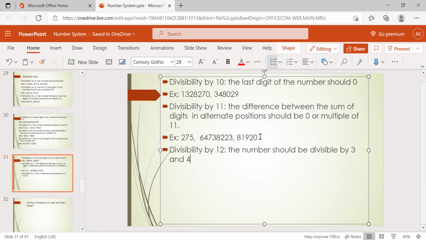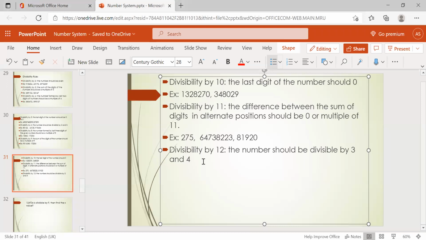Just like 6: we know the divisibility rule of 6 is nothing but that it is divisible by 2 and 3, right? In the same way, for divisibility by 12, the rule is that the number should be divisible by 3 and 4 as well. Okay, that's the rule here.